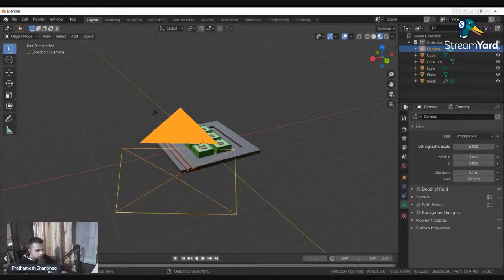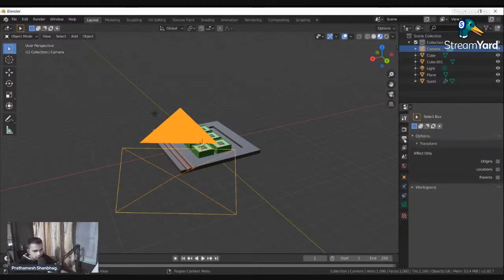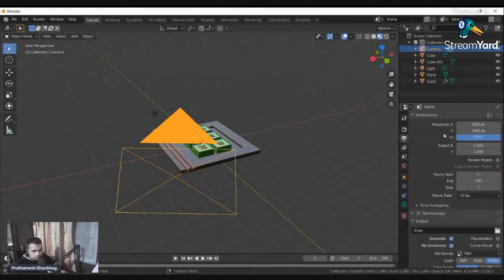The main difference between perspective and orthographic is that in an orthographic camera the object doesn't change size according to the distance. So even if I keep the camera here or move it closer to the sushi, the size of that object is going to remain the same, and that is not the case in the perspective camera.